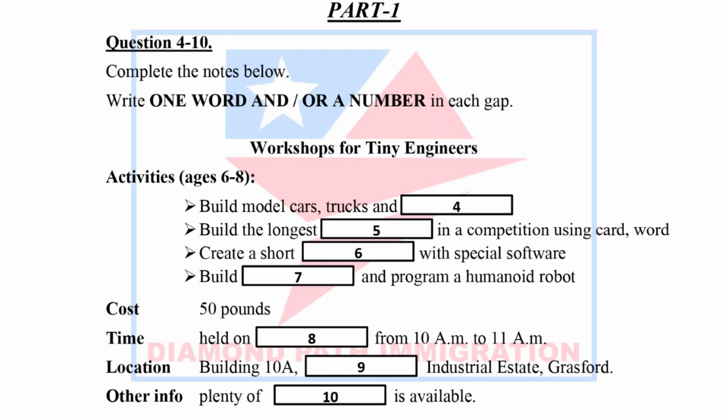And what about the location? Where exactly are the workshops held? They're in Building 10A. There's a big sign on the door. You can't miss it. And that's in Fradston Industrial Estate. Sorry? Fradston. That's F-R-A-D-S-T-O-N-E. And that's in Grassford, isn't it? Yes, up past the station. And will I have any parking problems there? No, there's always plenty available. So, would you like to enroll Lydia and Carly now? OK. So, can I have your full name and...